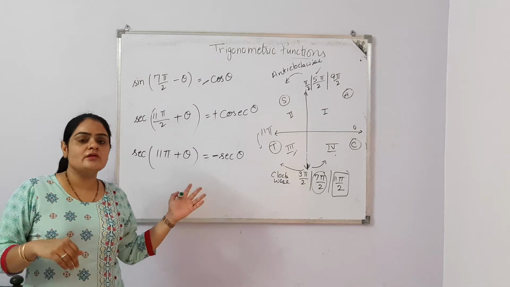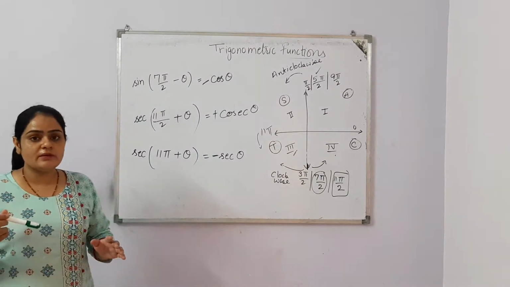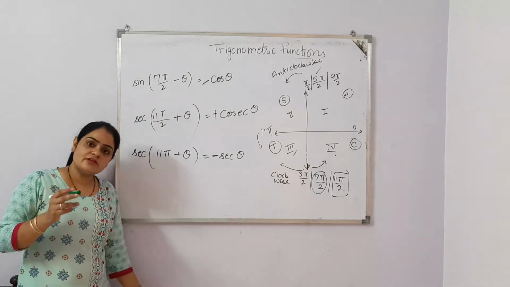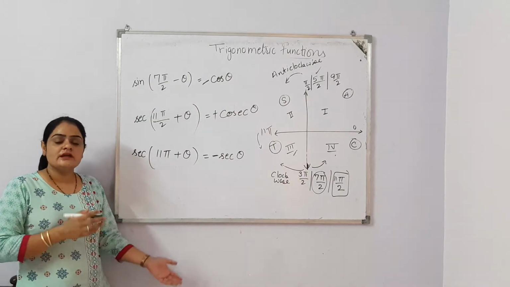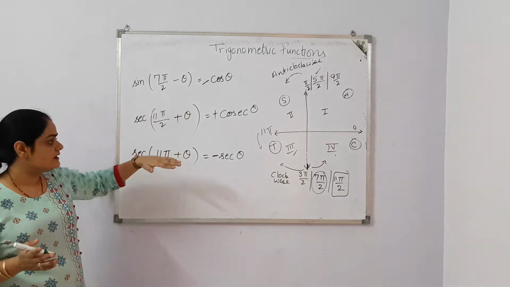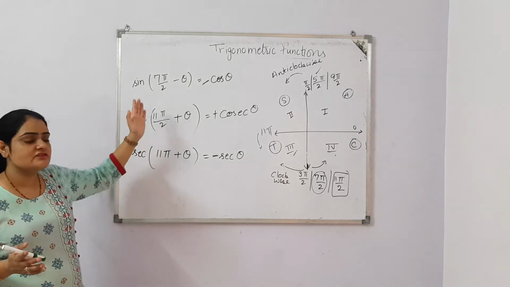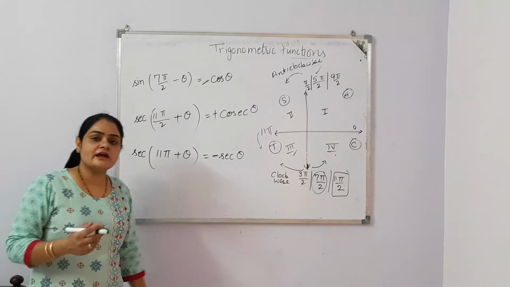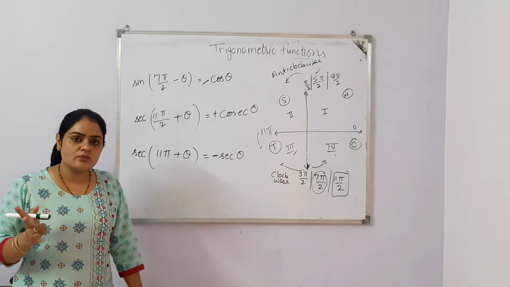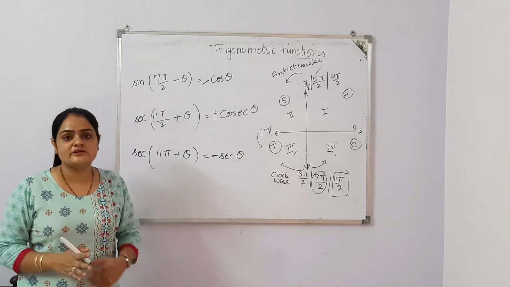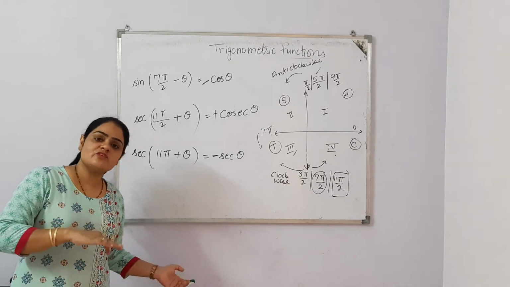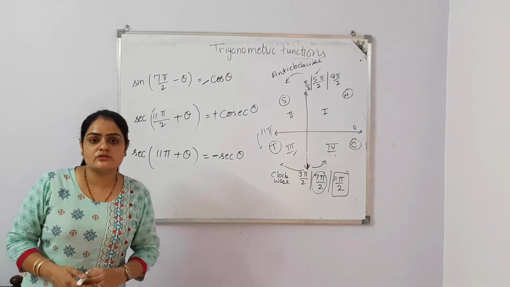If you want to learn this topic properly, kindly watch the previous video first, then watch this video. In both the videos, I have already cleared each and everything: when there is no change in terms of pi, and when there is a change whenever the angle is coming along with pi by 2. So watch both the videos, then this topic will be clear to you. Now let's do some questions based on angles in terms of pi or pi by 2. Let's do the question.